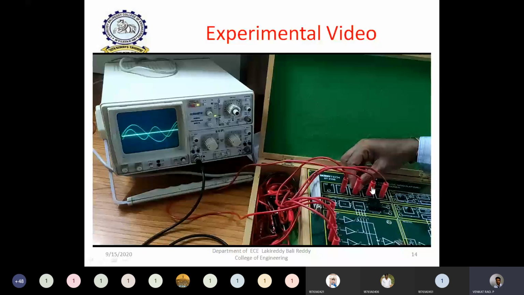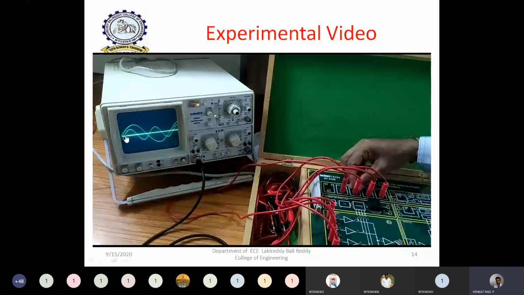For example, one signal is given first, having some amplitude like this. Next, the second signal's amplitude I am slowly increasing like this. Then, if you observe exactly at this point, I have given only 2 signals having different amplitude and different frequency. If you observe the output in this CRO screen, you can clearly observe how the 2 signals are multiplexed. This is the time division multiplexing of 2 signals only.